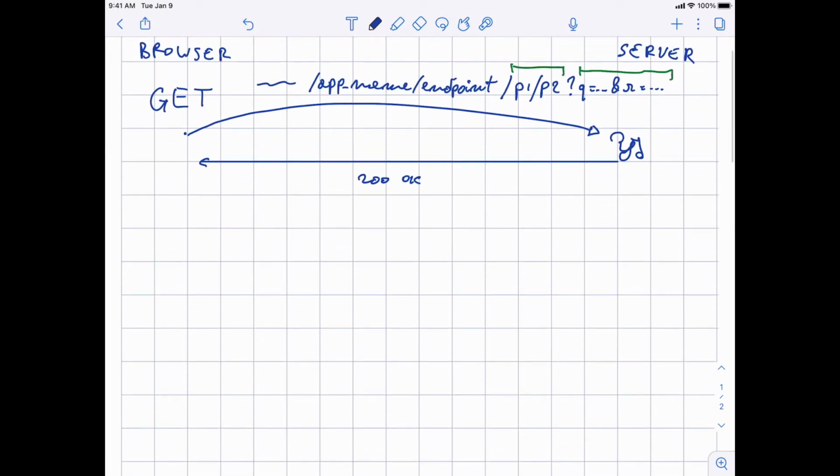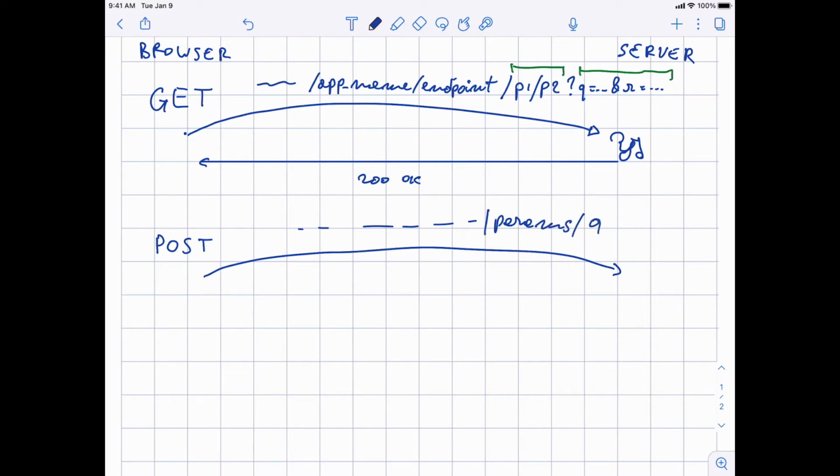In addition, we have POST requests. POST requests work in this way. You send them to a server. They have also a URL, right? So there is also this same portion. Let me just abbreviate even more and simply say parameters and query string, just as a crazy abbreviation for what I wrote above. Okay, so you can convey some information in the query string as well and in the parameters,